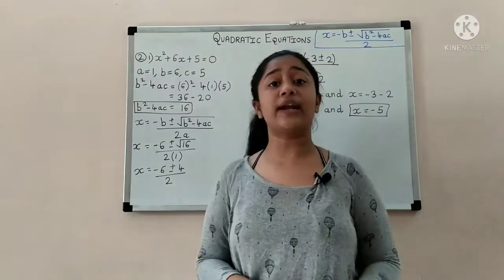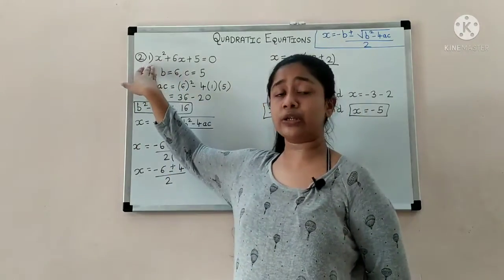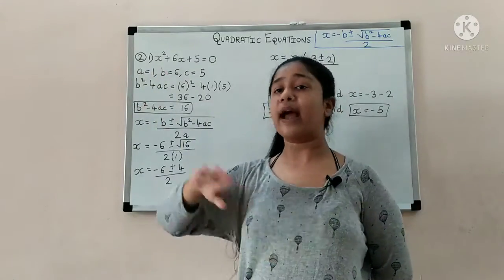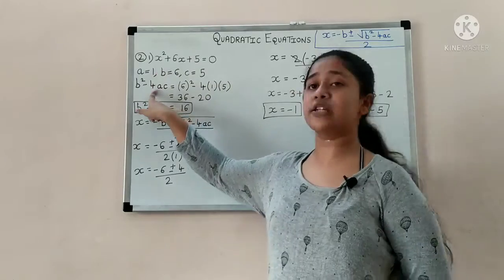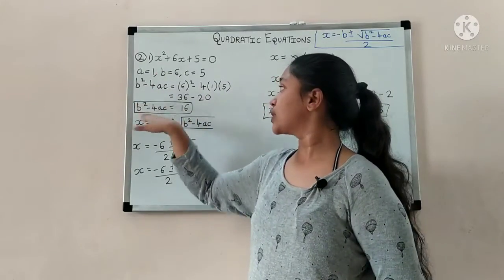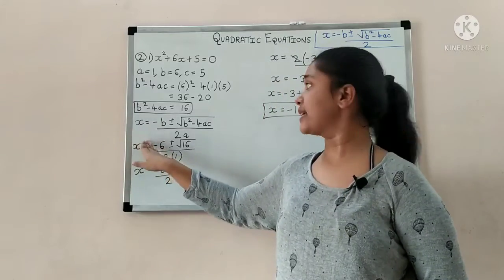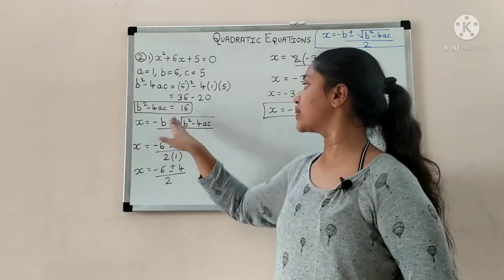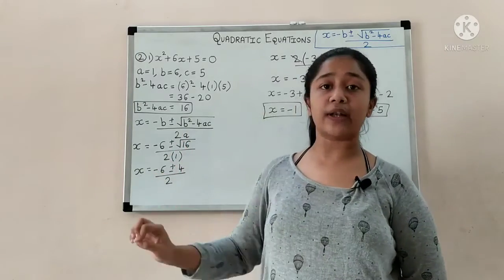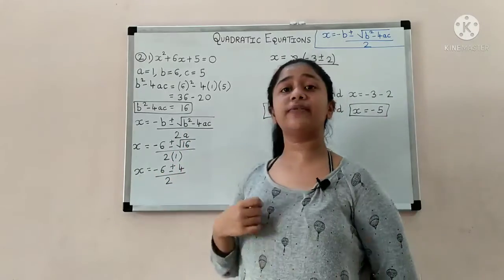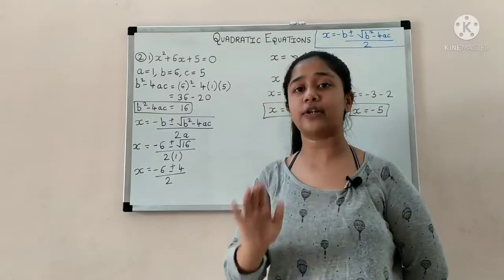So now I hope that you all are clear how we have to use the formula. First of all, write the equation, compare it with the general form and note the values of a, b and c. Then find b square minus 4ac, square it, or you can highlight it. Okay. Then write the formula, that is x is equal to minus b plus minus square root of b square minus 4ac upon 2a. Keep on writing this formula, and keep repeating it whenever you write, so that this formula will be completely fixed in your mind.